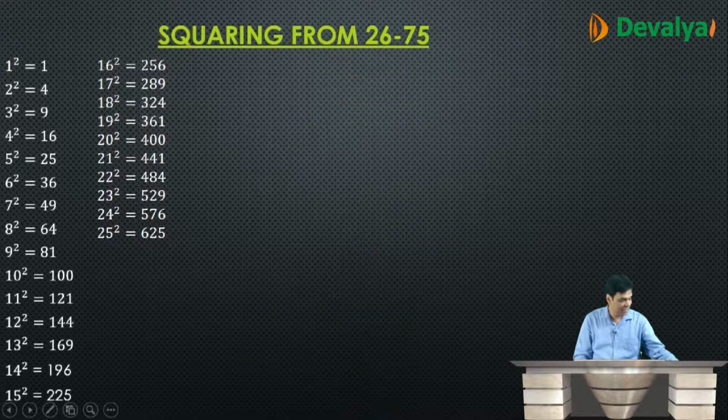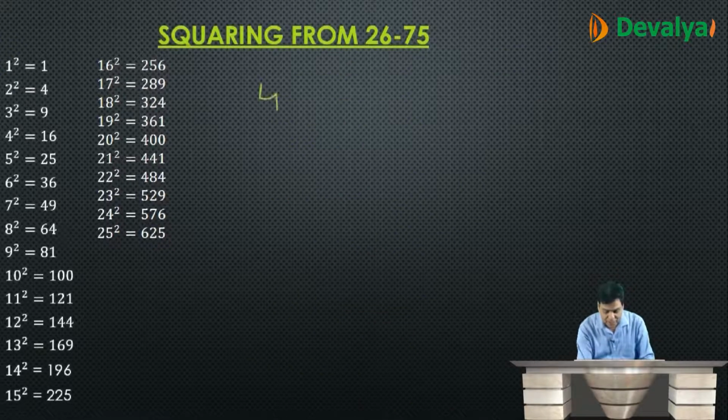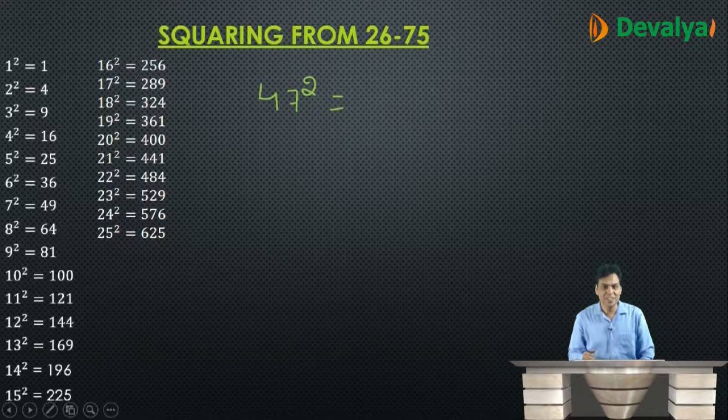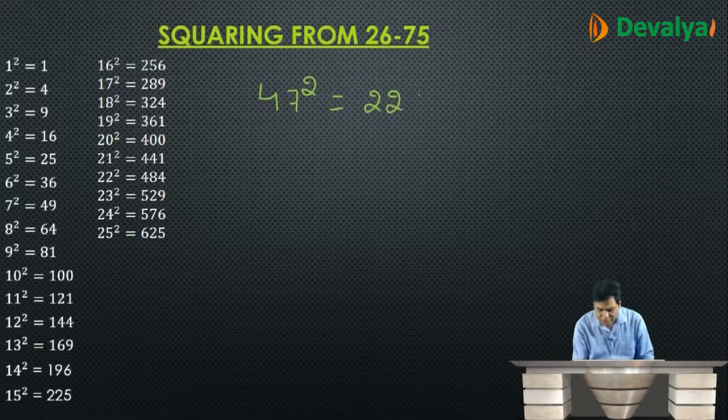Okay. Let's take another example, 47 square. What is the difference between the base and the number? It is 3. So I subtracted 3 from 25. It would be 22. Since the difference is 3, I write its square like 09. You can use your calculator. I know you are not able to do it faster than me, even by using a calculator. But after a few minutes, you will also be able to calculate all the numbers like this.